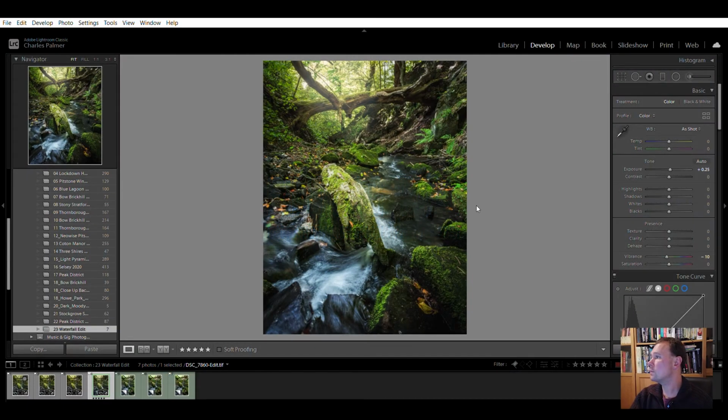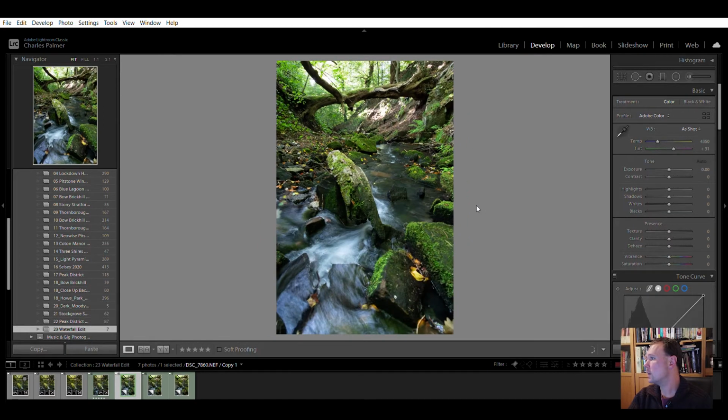Okay, so here we go. This was the final image that I created, and this is where we started. So let's get cracking. The first thing I'm going to do is add a little bit of contrast to this, about 20%. Yeah, about 20. Then I'm going to drop down my highlights because it was very overexposed in